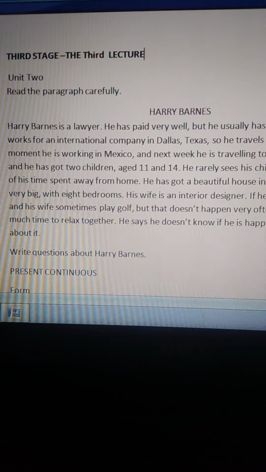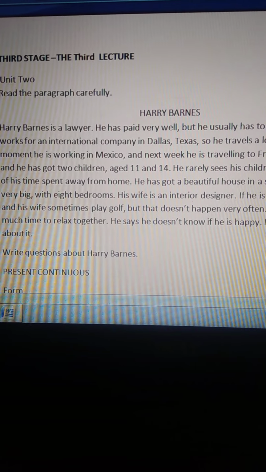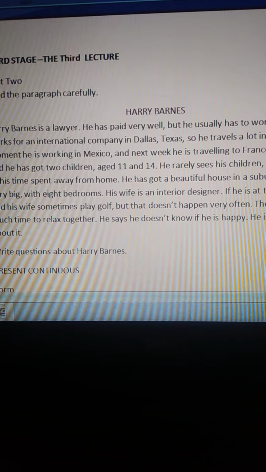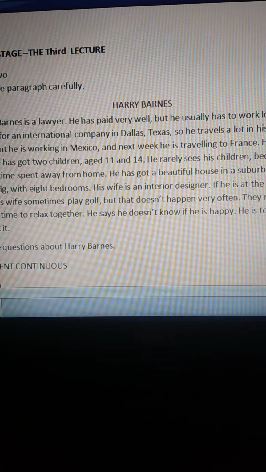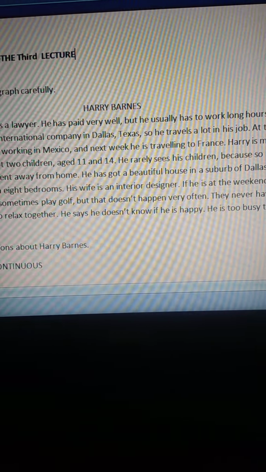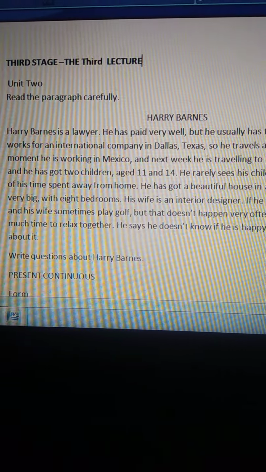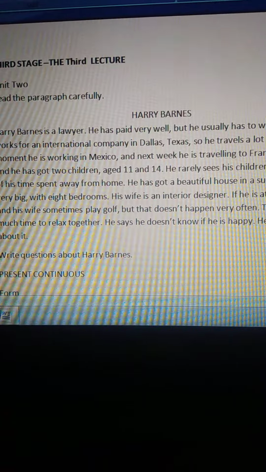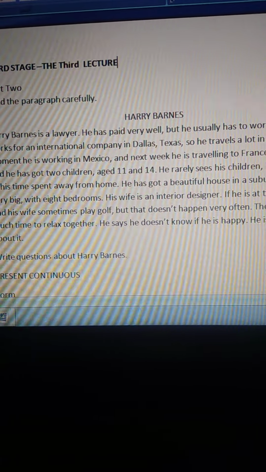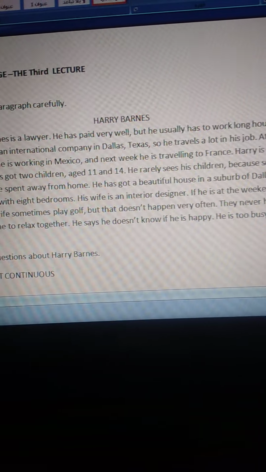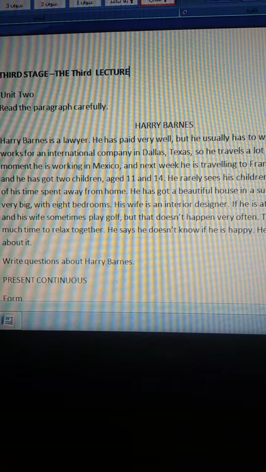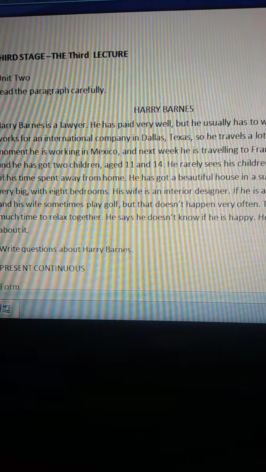He works for an international company in Dallas, Texas, so he travels a lot in his job. At the moment, he is working in Mexico, and next week he is traveling to France. Harry is married and he has got two children,